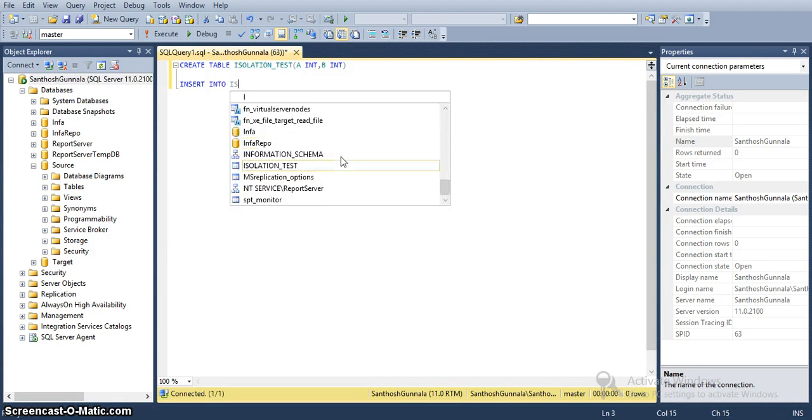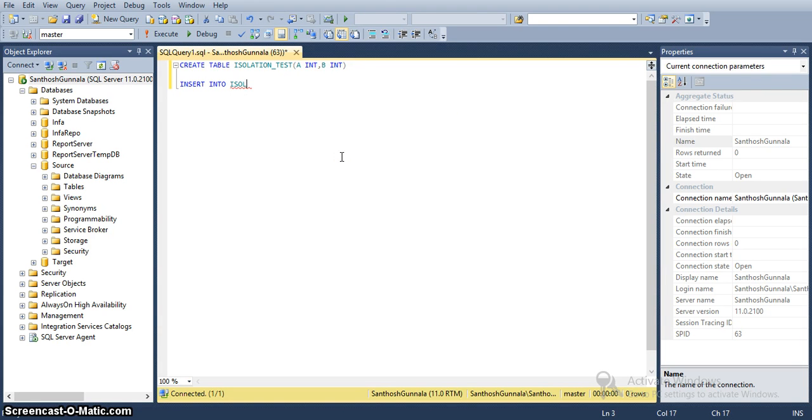Insert into isolation test, select 1, 1 union select 2, 2, and so on up to 4, 5, 5.